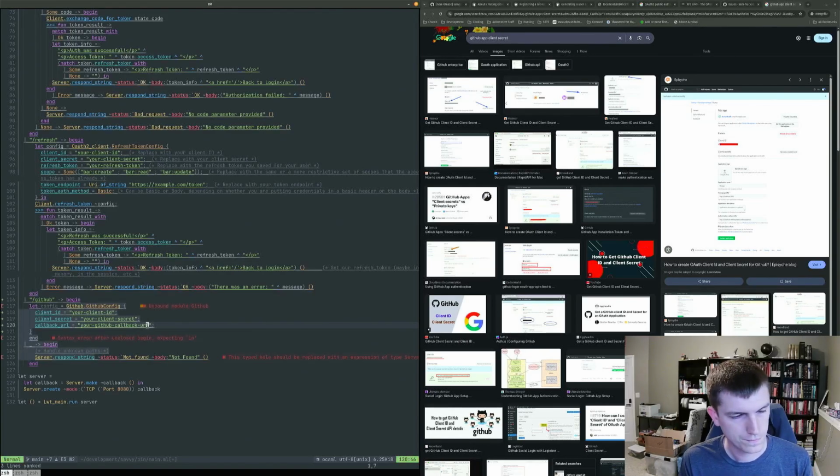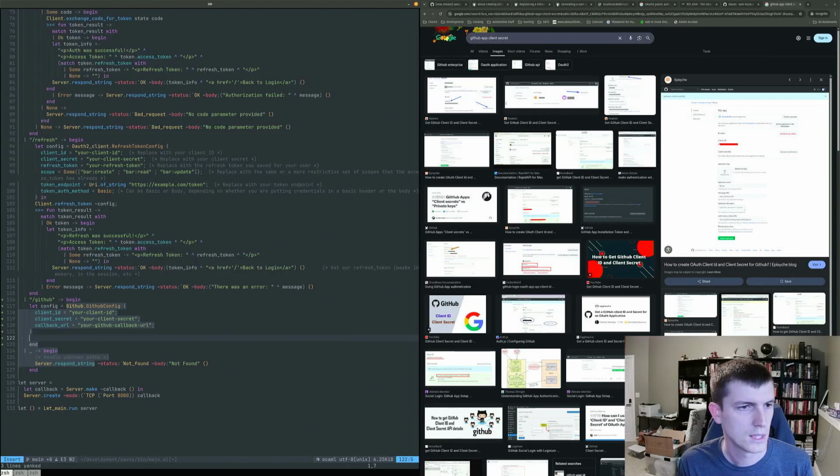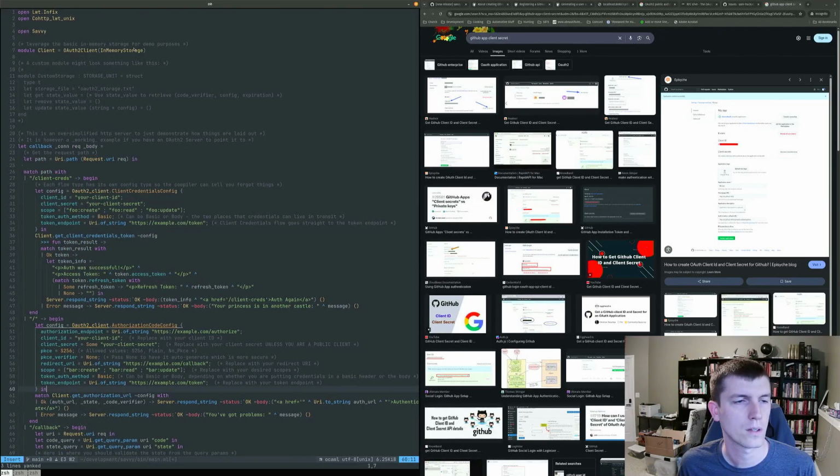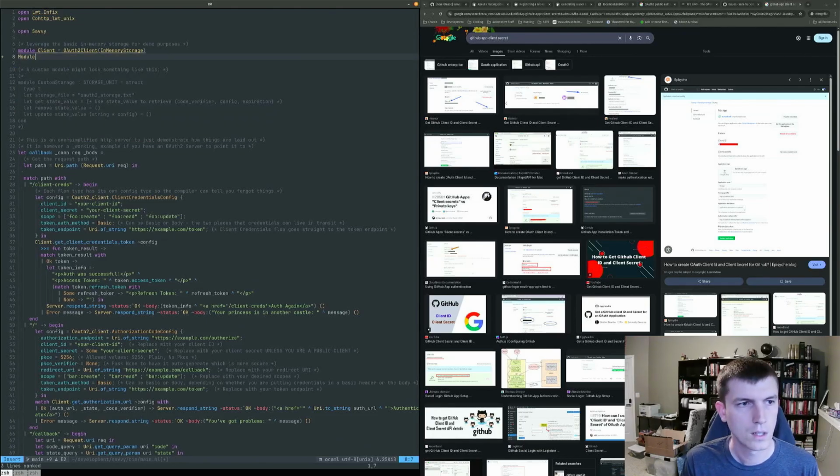Callback URL. All right, so we'd have a config like that, and then I think I want it to... well, my client is an OAuth 2 client, so I'm also going to need to have module GitHub equals GitHub client. I don't even know if I need in-memory storage, but let's assume that we do. Okay, so we want something like that.